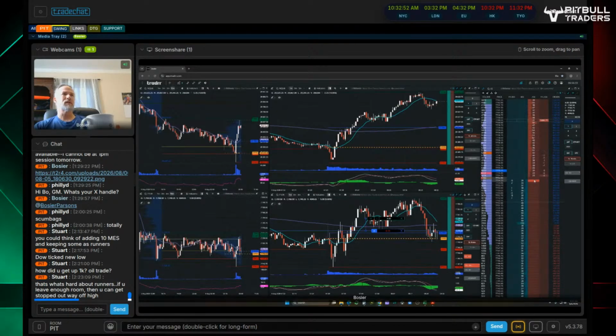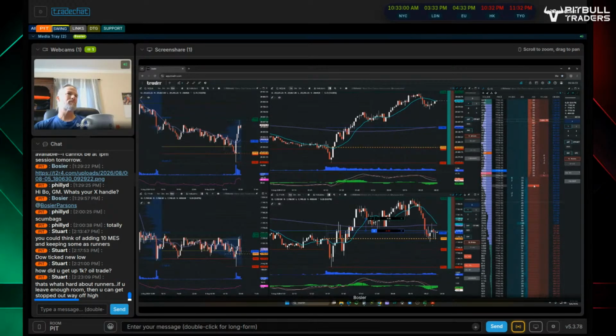Did they suck in enough people trying to be short here? I better put my stop in, right? If we go back below the open, I might want to flip it short, honestly, but